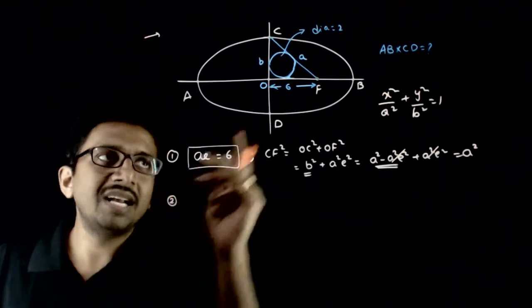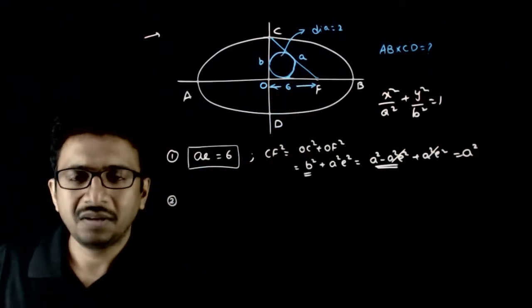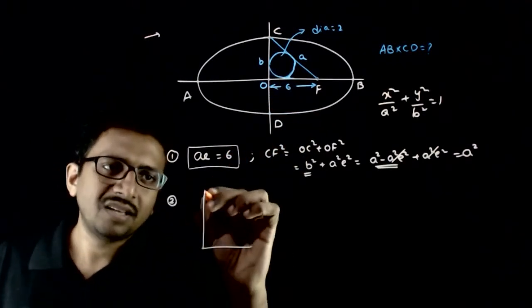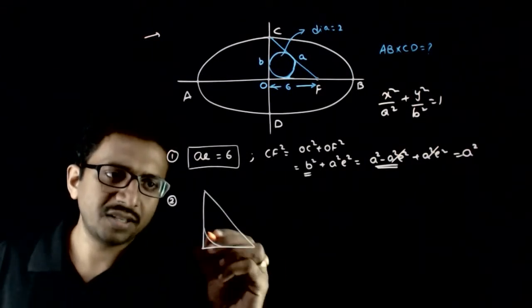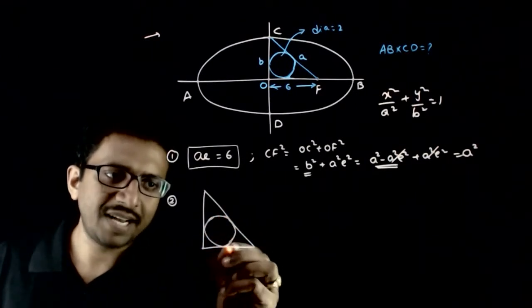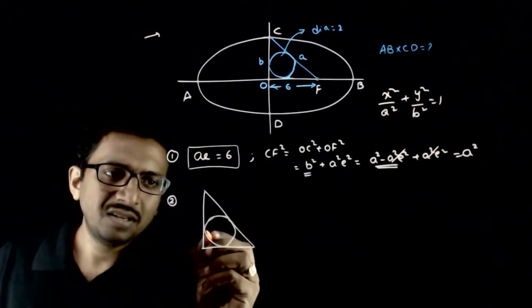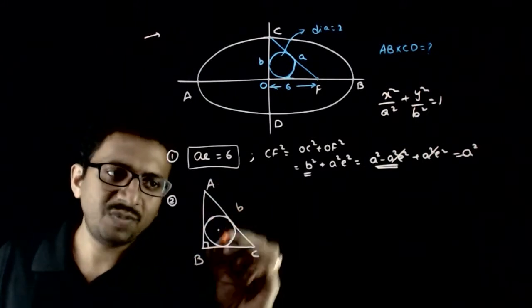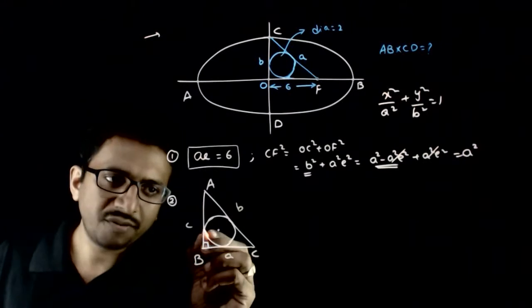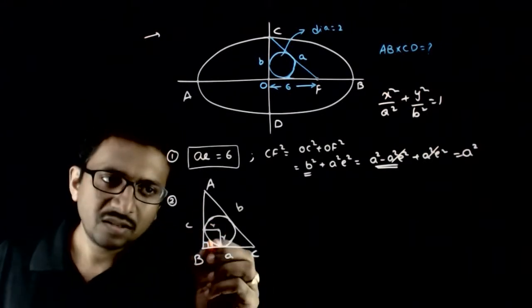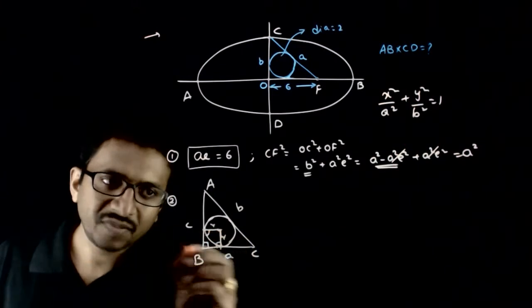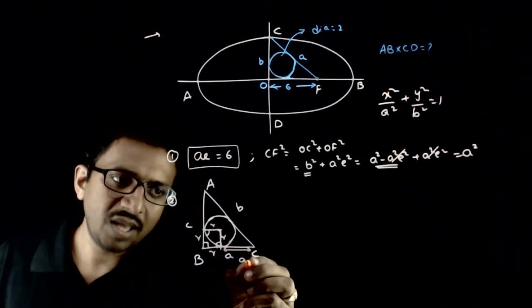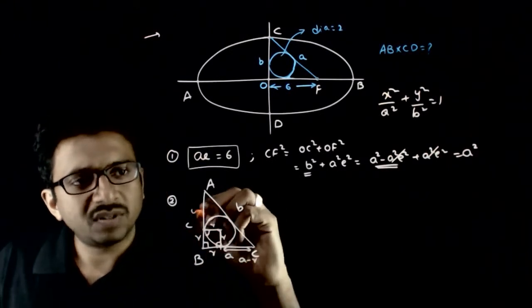The second information is regarding the incircle of this triangle. So, what is the radius of the incircle of a right angle triangle? We have a very special, very easy formula to find the radius of the incircle of a right angle triangle, which you have learned in 10th class. So if you have a right angle triangle ABC, this side is B, this side is A, this side is C. If R is the radius of the incircle, you get a square here because this is 90 degrees, and this will also be R, this will also be R. So this distance is equal to A minus R, this distance will be equal to C minus R,